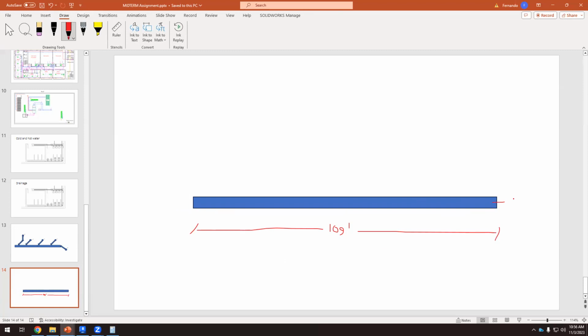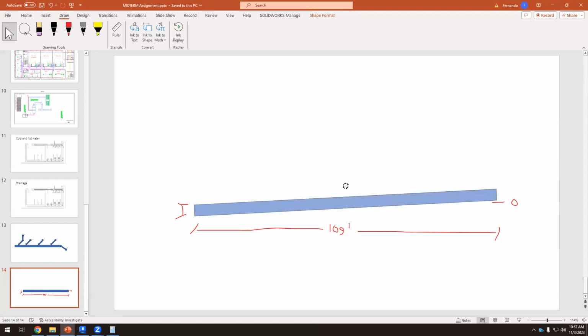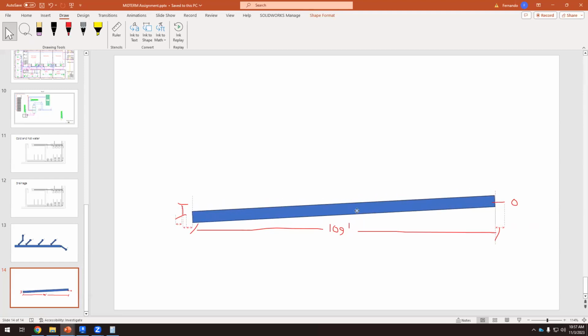If that level is 0, then we have to go down because there should be a 2% slope. Okay, if we move it down with a 2% slope, what is this? 2% slope